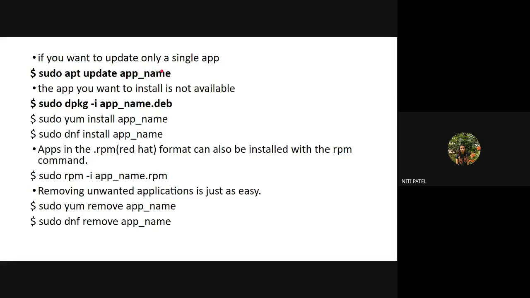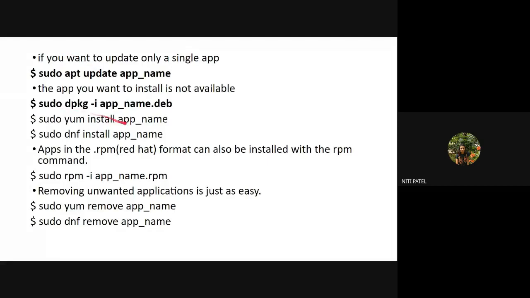Now you might know that there are different versions of Linux. You have Ubuntu as one of the versions, Red Hat as one of the versions, Kali Linux as one of the versions, then Debian Linux as one of the versions. So for every version, there is a slight change in the commands. But since we are studying Ubuntu, all these commands that we have learned so far, install app name, remove app name, update app name, are with respect to Ubuntu. But all these commands will change if I change from Ubuntu to any other version of the Linux system.